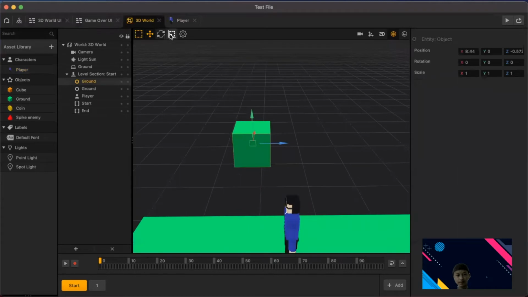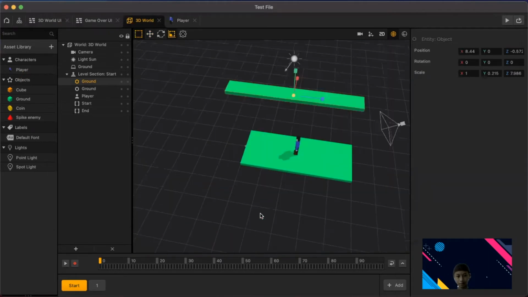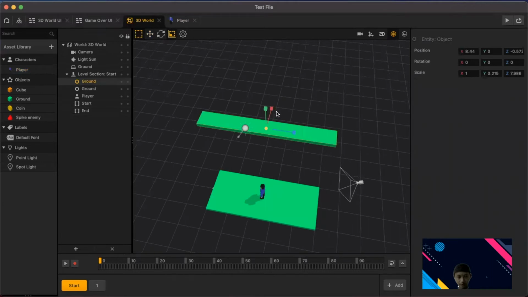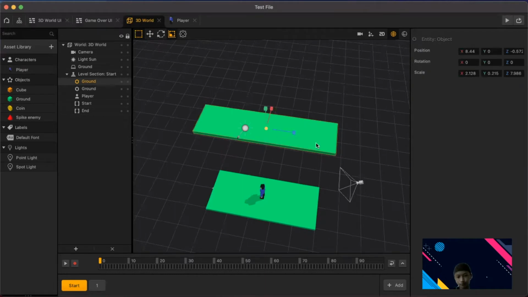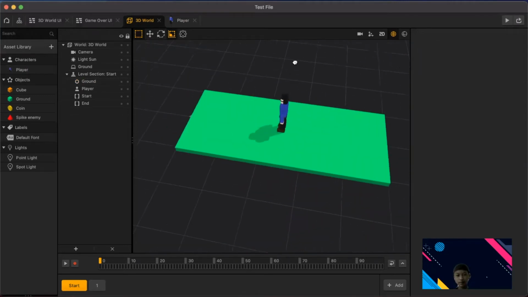Then you may click on the scale tool. I'm going to make it thin but long like this. Make it the same like this, like that. Make it like this. This is just an example. Delete again. Then you may